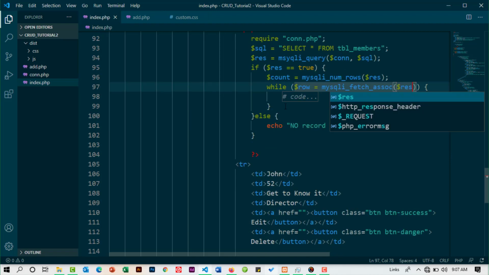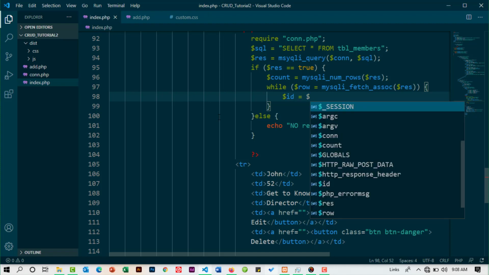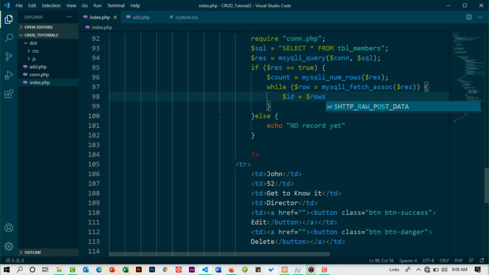So now, because I'm able to fetch the records, I want to have them in the various variables. So the first will be id. So I'll say id is equal to variable rows, and I'll have that as id,